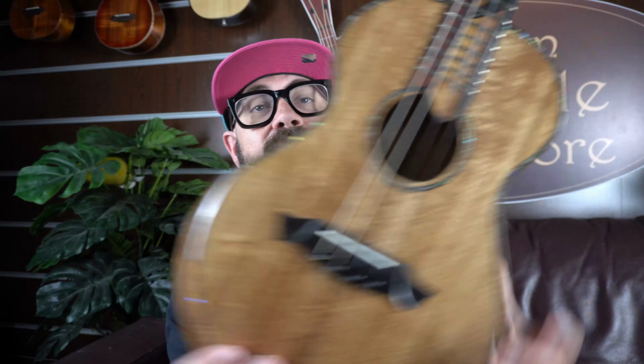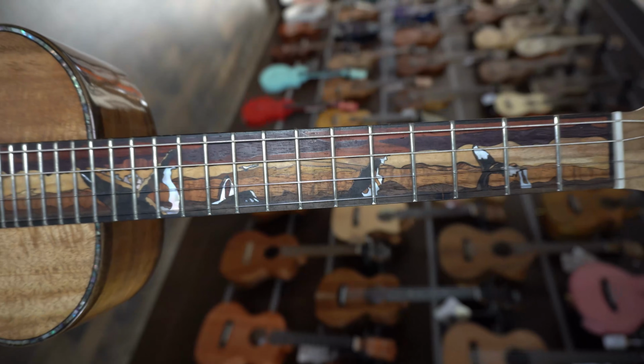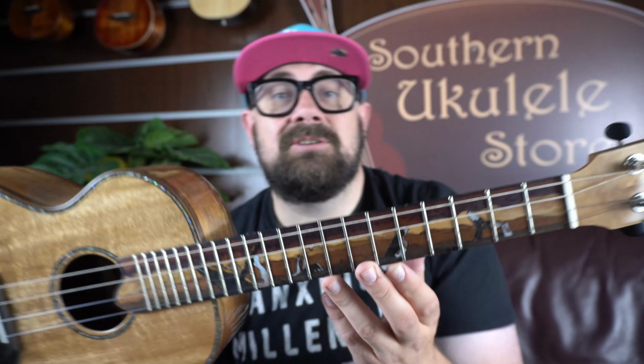This whale motif, if you look up the fingerboard, you'll see you have this story here of the whales along the coastline jumping out of the water. This is all done by a single luthier. It's the most expensive ukulele we're going to look at today, but when you look at the attention to detail and the fact that this really has had a single set of hands and eyes look at this ukulele,